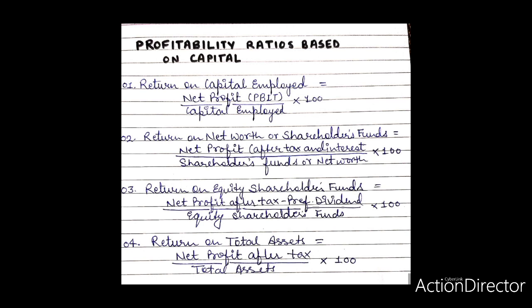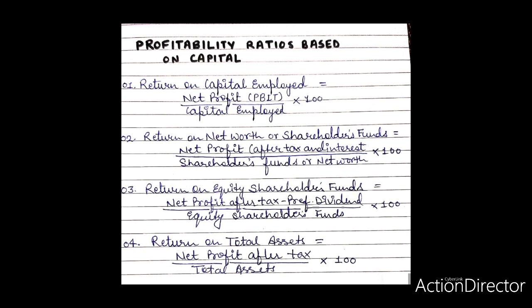Interpretation and significance. This ratio measures the profitability of investments, which reflects managerial efficiency. The higher the ratio, the better is the profit earning capacity of the firm, and vice versa. But this ratio does not reveal the profitability of different sources of funds used in purchasing the total assets. Technically, this ratio suffers from the drawback that the interest paid to the creditors is excluded from the net profit,